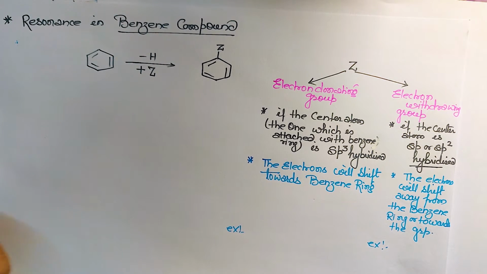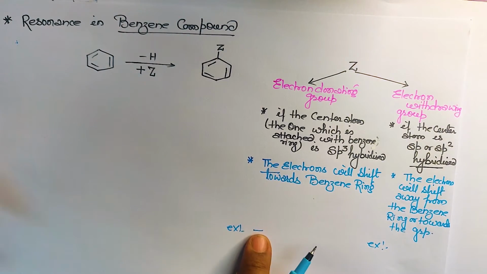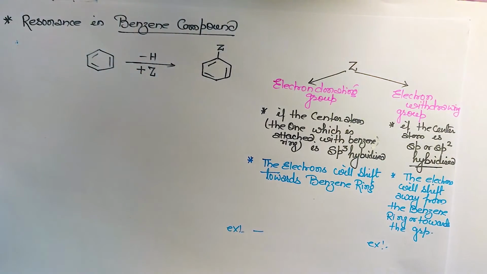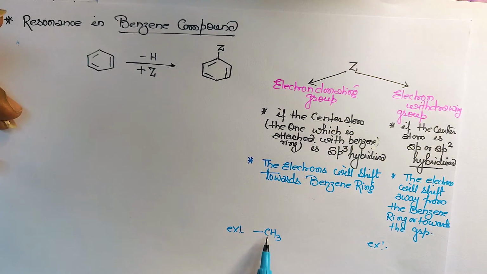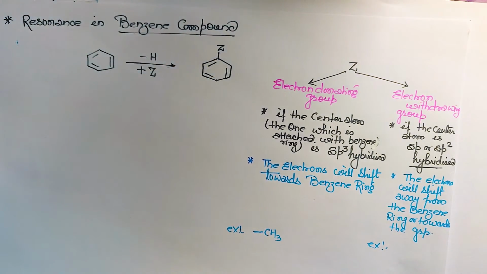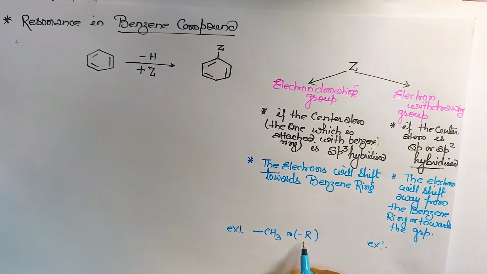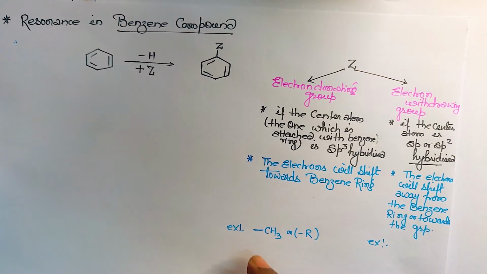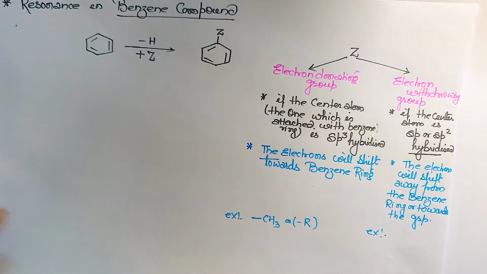Okay, so let's do it with an example. Like this is the bond I'm showing, that means the one with which it is going to attach to the benzene ring. Clear? Like CH3, the carbon has one bond attached to the benzene ring and another 3 bonds, that means 4. Hybridization is sp3, isn't it? Any doubt? Instead of CH3 we can also write R, that means any alkyl group. If we take any alkyl group, it will be like this only. Okay, we'll do some more examples.